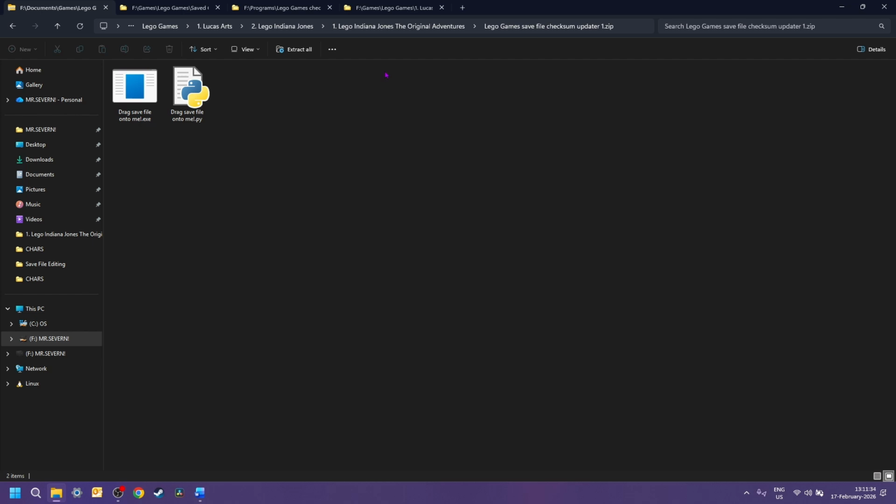So I modified the script with a bit of help from ChatGPT to update Lego Indiana Jones save files, as well as Lego Batman the video game, and Lego Indiana Jones 2 The Adventure Continues. I tried working out Lego Star Wars 3 The Clone Wars, but I haven't quite figured that out yet. When I do, I will update the repo with the code for that.